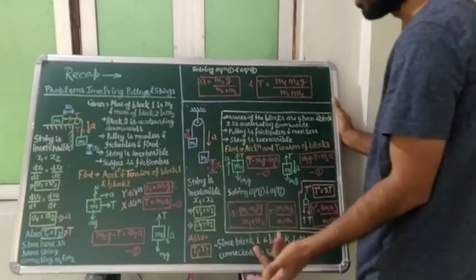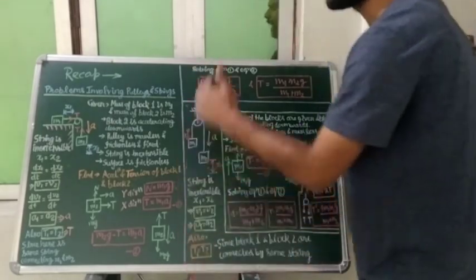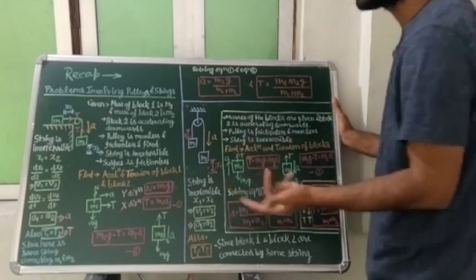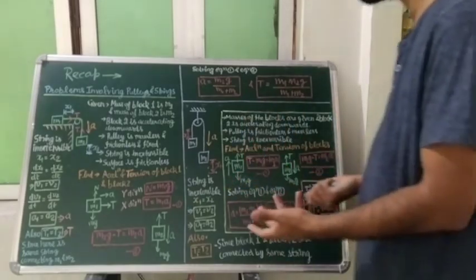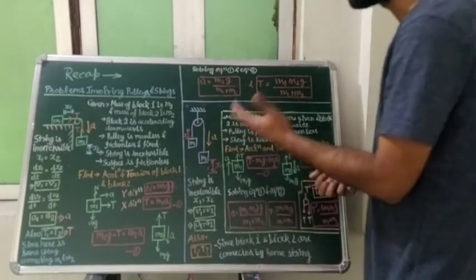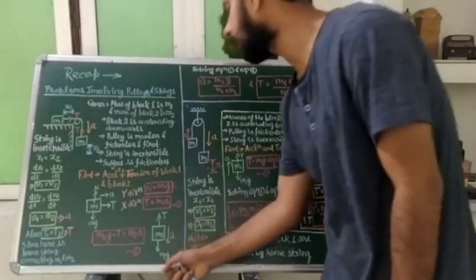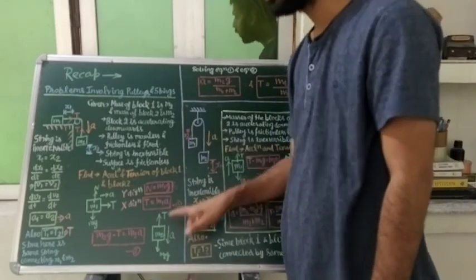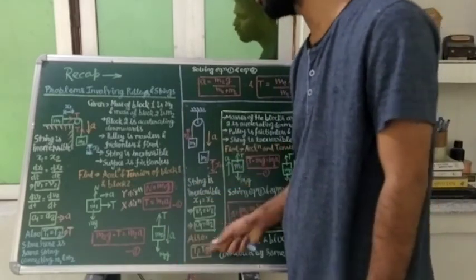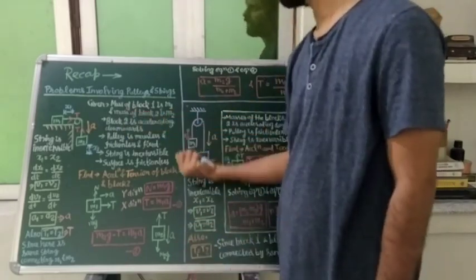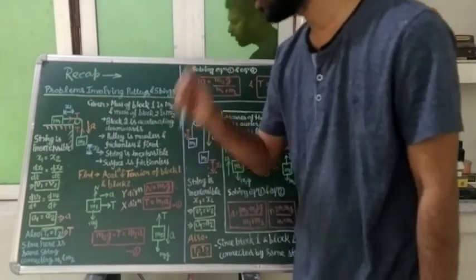And when we draw the FBD of 2, of course, now only in the y direction the forces are present, no forces are present in the x direction, so we will not resolve in the x direction, we will only resolve in the y direction. Along the y direction, weight is acting in the downward direction, tension will come on the upside, no normal is going to come here since no contact is present, and it is accelerating downward. The question is saying that block 2 is accelerating downward.